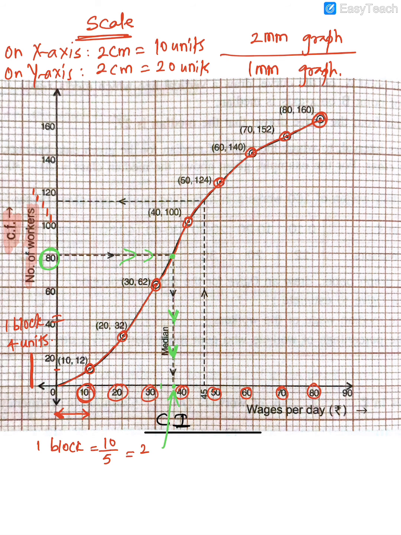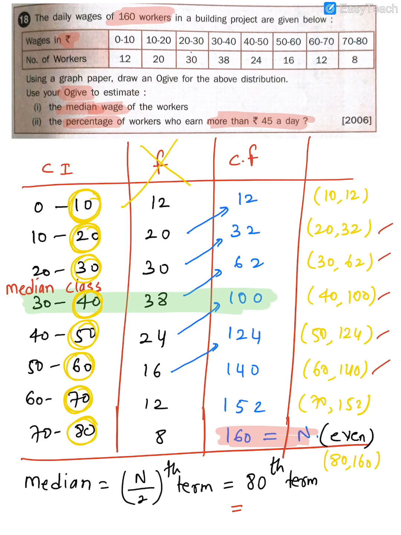Try to figure out what that point is. So this is 32, 34, 36. So that number is what? 36. So what is your median? 36. That's your answer. I'll write that your median is equal to 36, but this is in rupees, because it's salary or wages. So it'll be rupees 36. Now the next part. Once you learn the formula for the median, you know what to do.